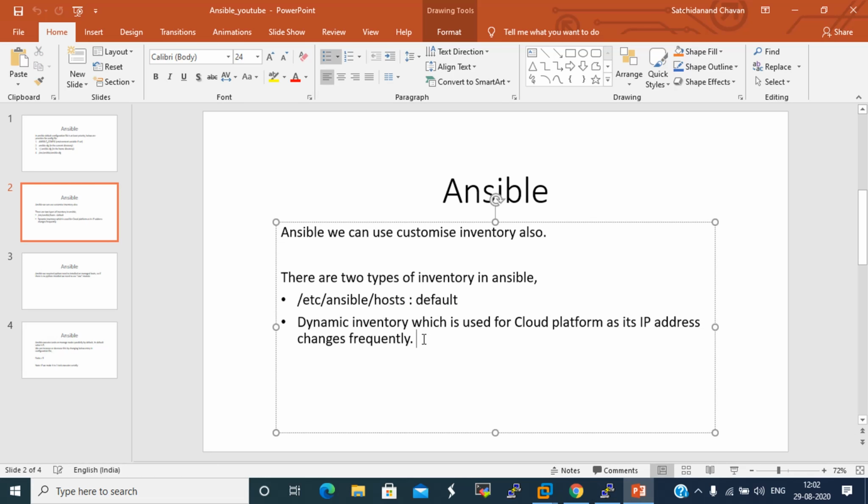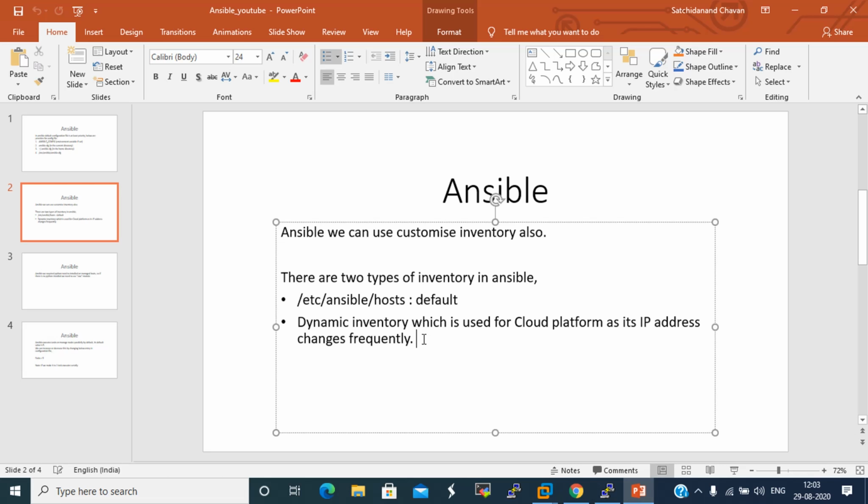In the cloud, if you do not configure static IPs, the IP of the host will change frequently. If you work on some host, shut it down and start it up again, it will come up with another IP. So it is difficult to maintain a static inventory, as we would have to make the entries in our hosts file every time. To overcome this issue, there is another type of inventory, called the dynamic inventory. For AWS, there are scripts for the cloud dynamic inventory, so we have to configure that.